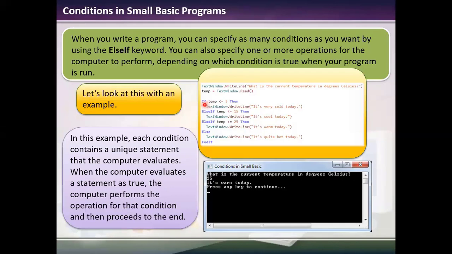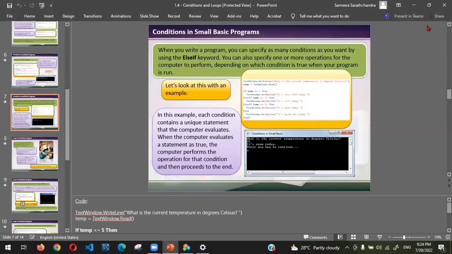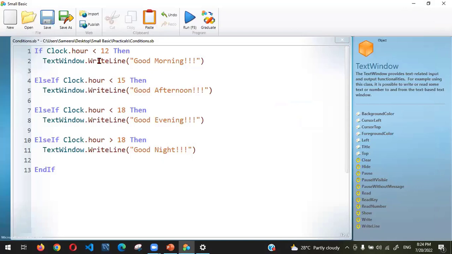Here you can see if, else if, else if. And the final word is not else if, it is just else. Okay. So that is because we can modify this code again, because now at the first, the clock hour program will check